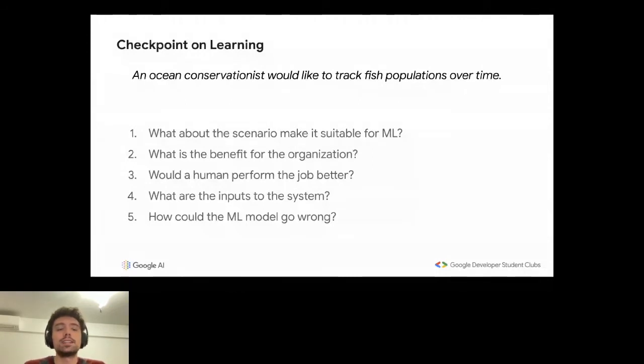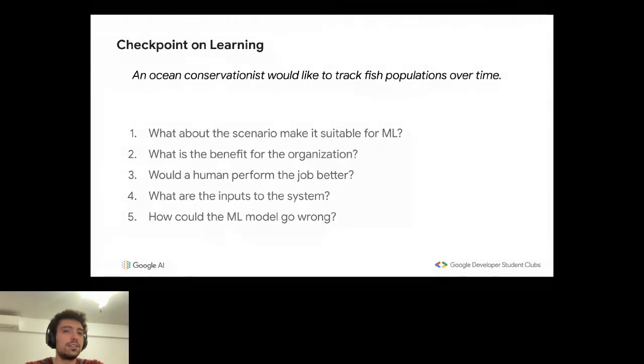Salvatore is suggesting GPS data. So yeah, it depends on the fish. Some bigger fish are definitely tracked through GPS, and that's very relevant. So anyway, we need a lot of data to understand how fish population evolves over time. And of course, it's important for us as a society to do so.